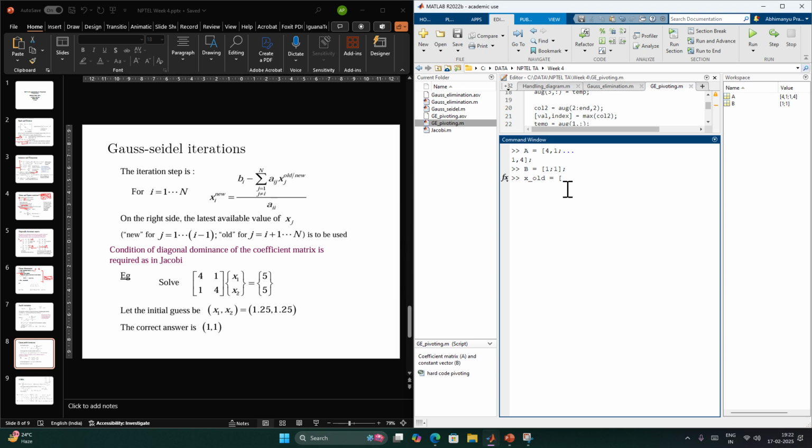I will just take 1.25, 0.25. Okay, then I can do this matrix multiplication, right? So 4 times x1 plus x2 is equal to 1. And now if I do the first part of that,